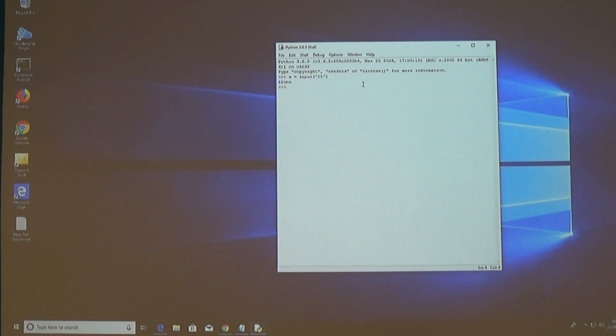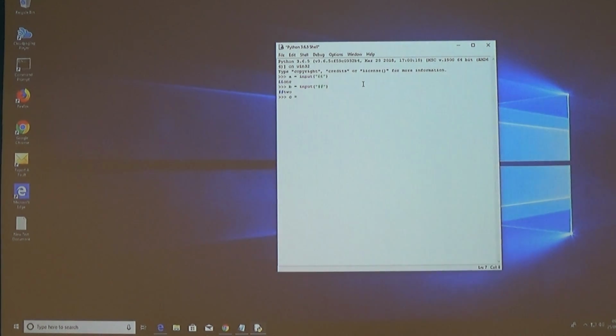Now I'm going to type B equals input, only this time I'm going to use a double hash sign, there we are, and press enter again, and look what happens. My command prompt has now turned into a double hash, and in there I'm going to type T-W-O for 2 and press enter, and for variable C